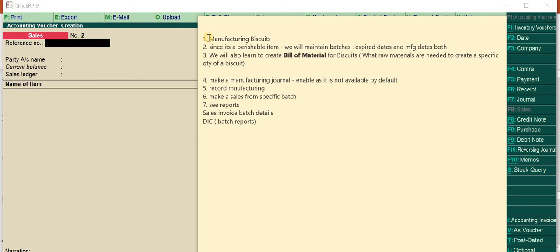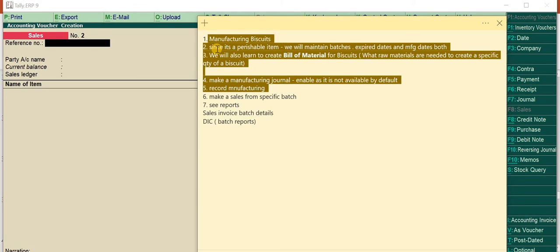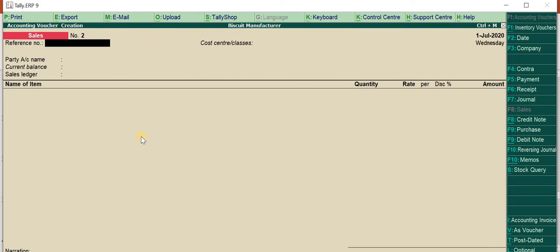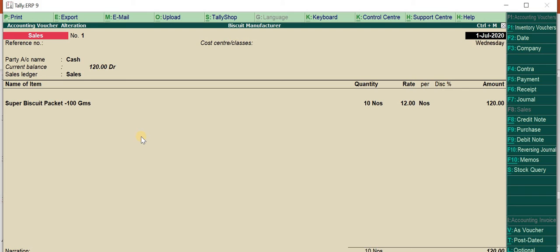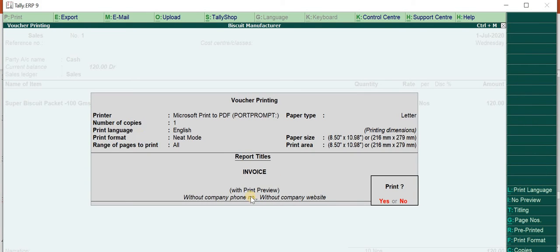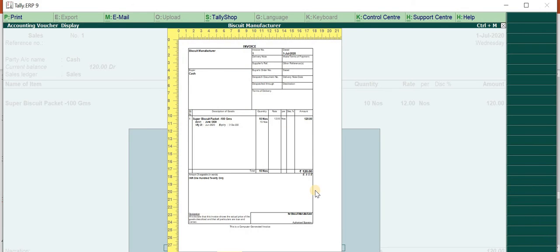Okay, now that we have already done these things, we have done this, we have also done this. Now we will also just see the invoice details once and then see the reports. Okay. So let me press page up. Page up will take me to the last sales invoice. Yes. Okay. I use page up. Then I press Alt P, and with this print preview on, if you don't see print preview, just click on this. Okay. Press yes and Alt Z.